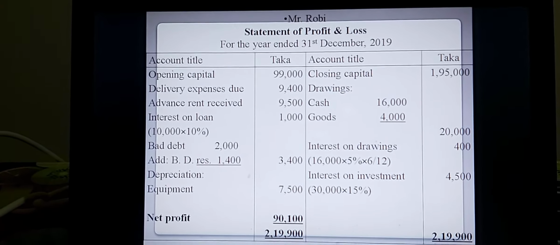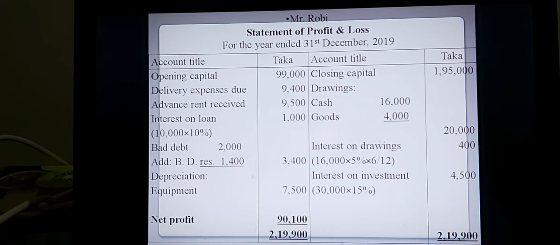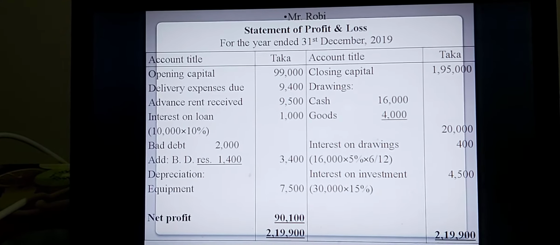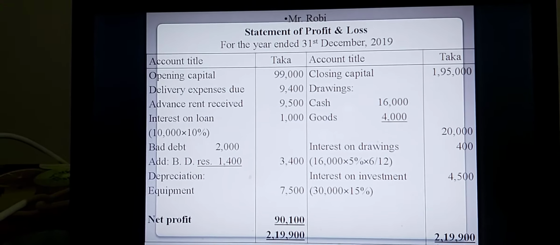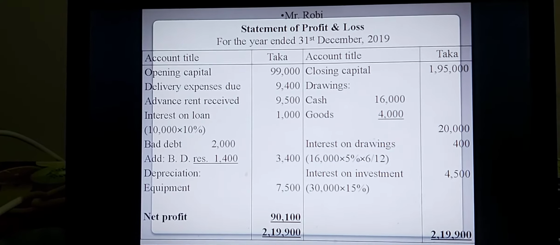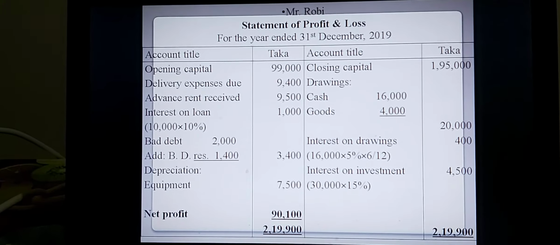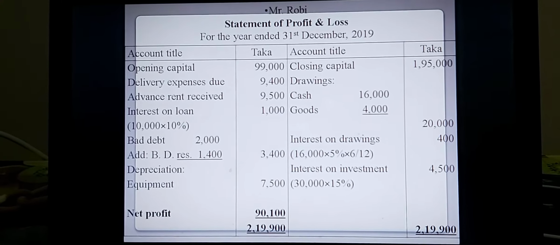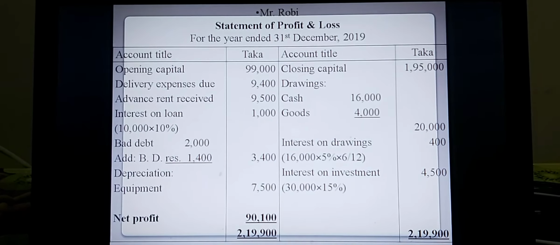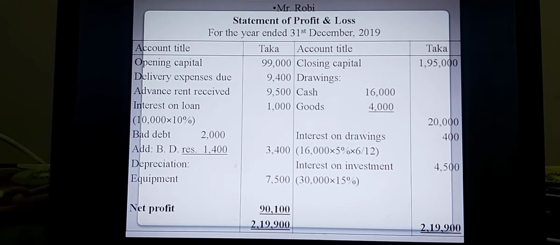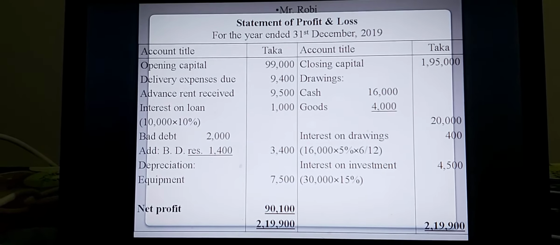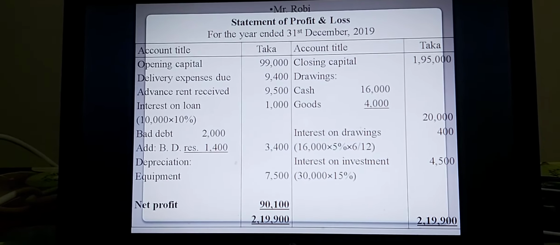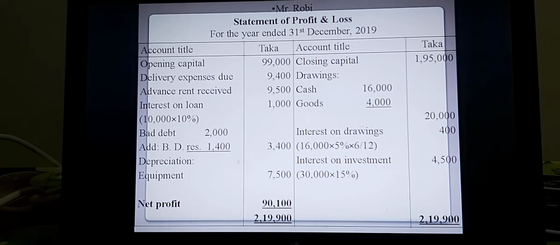On the left side, you know, from the rules and regulations of the statement of profit and loss, that is single entity system, first you have to write opening capital and then additional capital and interest on capital, then expenses due and advance income, interest on loan, bad debt and depreciation. But in this stem, totally 6 items are available for calculating the statement of profit and loss. That is the first one, opening capital. You can get it from requirement A,